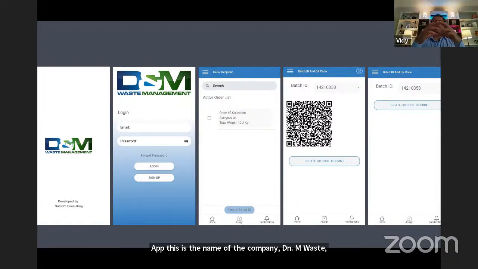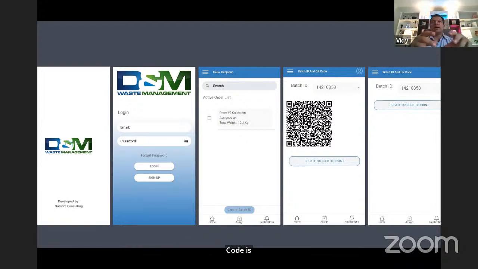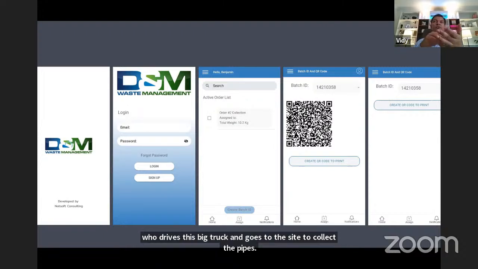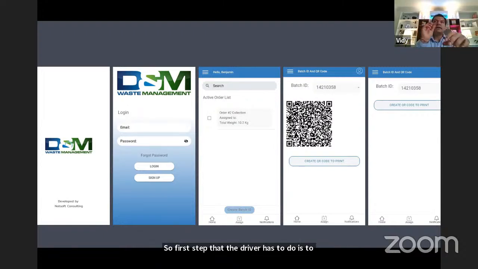Each QR code is custom designed for that particular pipe. So imagine a truck driver who drives this big truck and goes to the site to collect the pipes. The first step that the driver has to do is to print the QR codes and stick those QR codes on individual pipes. Then use the app that we have built to take a photo of the QR code and